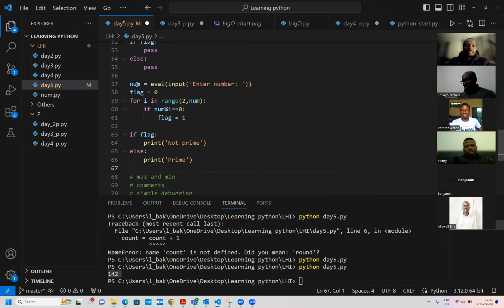Yeah, so we're discussing this flag example now. You're going to divide a number by all the numbers before it. And anytime it so happens that any number divides it, the flag changes whatever it is holding. So initially flag is false, which is like 0. Then whenever a number can divide that number, which means it's no longer prime, you just change it to flag is 1, and in the end you check if flag, let me put it the way it was before,